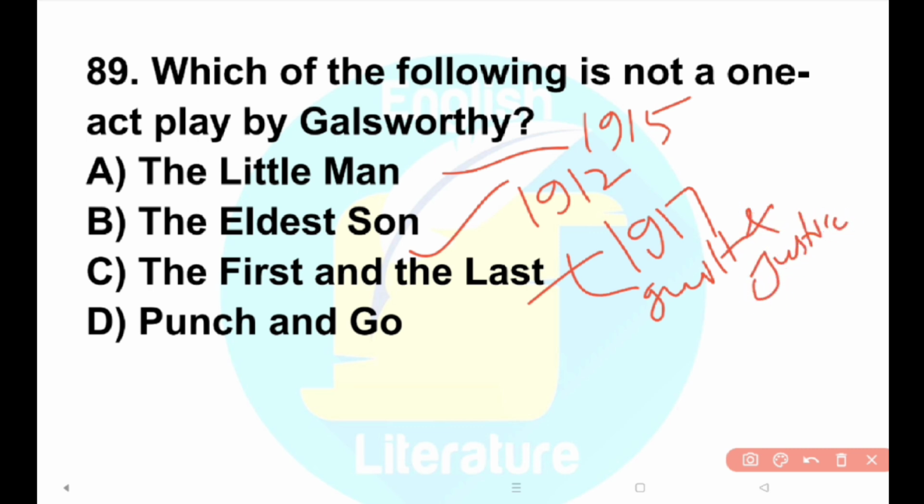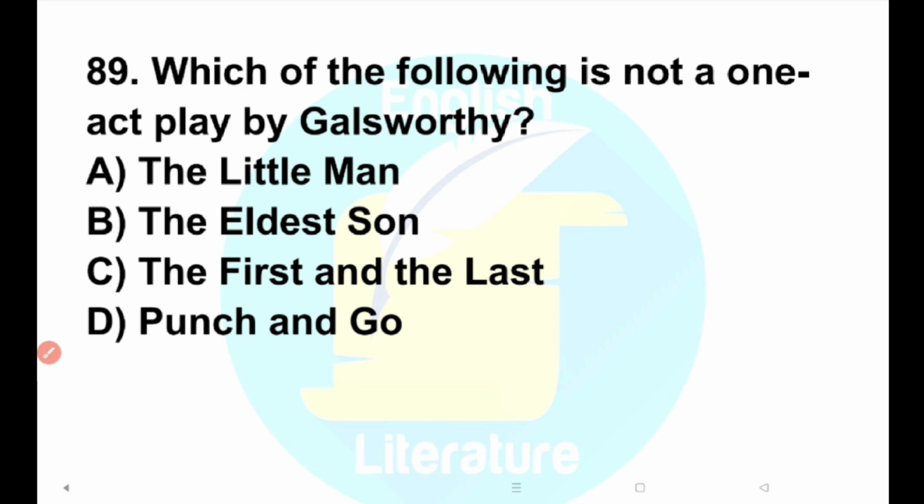And Punch and Go, 1919, is a short satirical one-act play. Next,